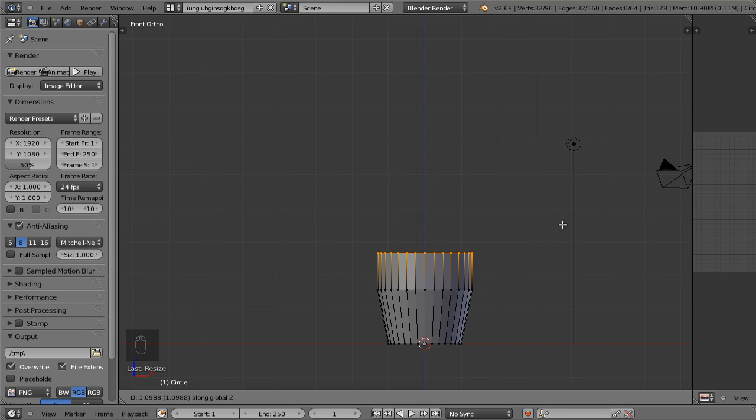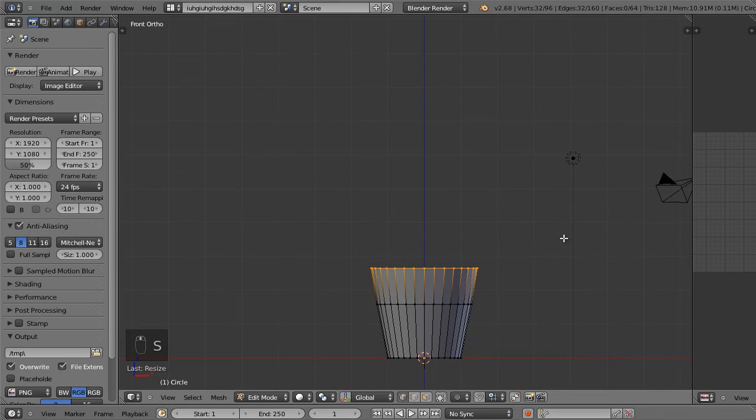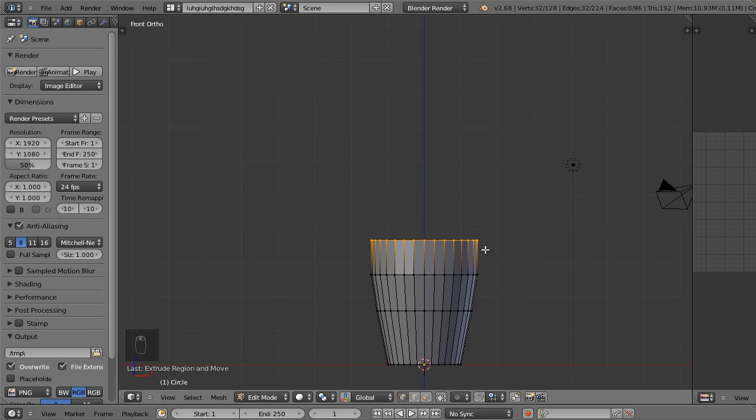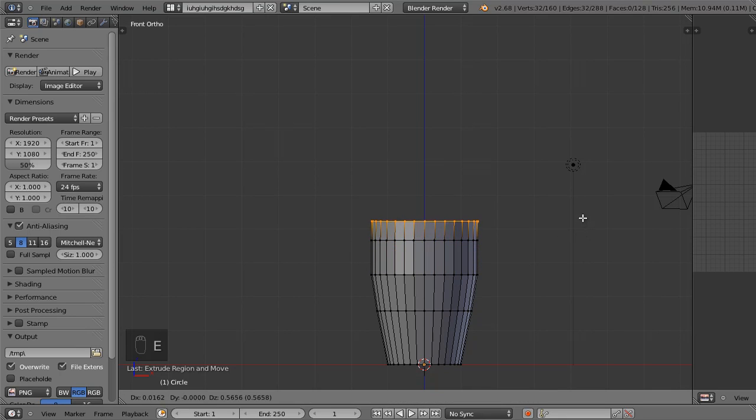So I'm going to extrude that up on the Z axis a little bit more, and I'm going to scale that up more. I'm going to press E again to extrude it, and then Z to constrain it. And I'm going to just extrude that straight up. I'm not going to size it. Press E to extrude, Z to constrain it to the Z axis, move it to about there,